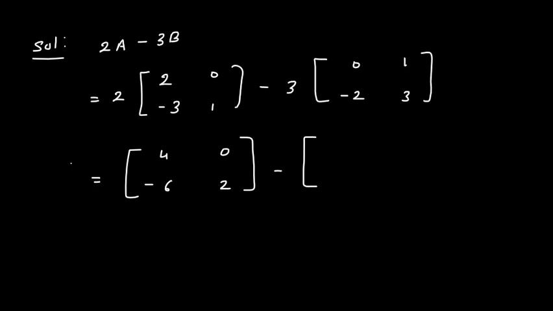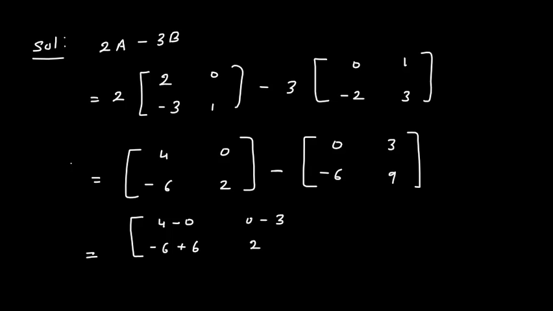Minus here, 3 into 0 is 0. Now 3 into 1 we have 3, and 3 into 2 is 6, minus 6. Now you see, I am not multiplying by minus 3. If you multiply by minus 3, then this sign will change to plus. So I am just multiplying by 3 and keeping this minus sign outside. Now 3 into 3 is plus 9. It is your choice. You can multiply with minus 3 also, then in that case you have to write the plus sign. So here it is 4 and this is minus sign, so 4 minus 0. 0 minus 3 is minus 3, minus minus 6 will become plus 6, and 2 minus 9.